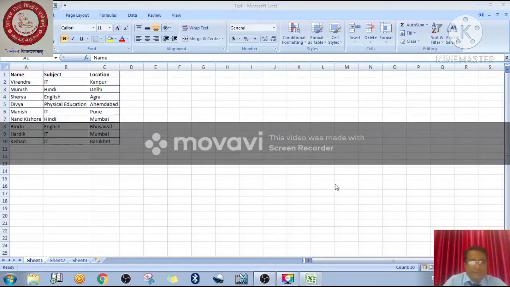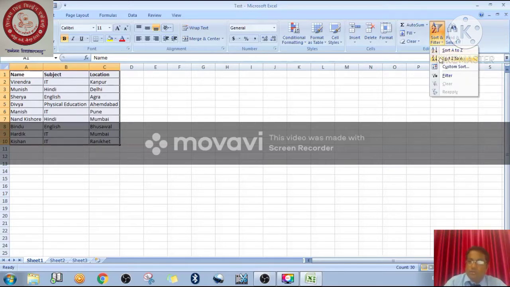Now after dragging, once the selection has been done, what do you need to do? So this is your selection. After doing the selection, first you have to be in the home tab, then go to the last group. The name of the group is editing. Right now there are three buttons related to sorting. Number one, sort A to Z, this is called ascending order, and sort Z to A, this is called descending order, and custom sort. Custom sort is used when you want to do the sorting according to your requirement, right?